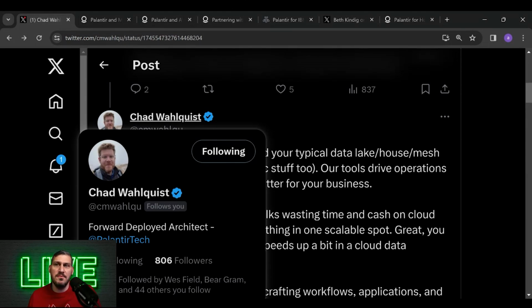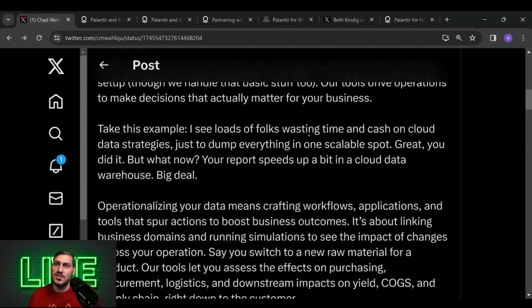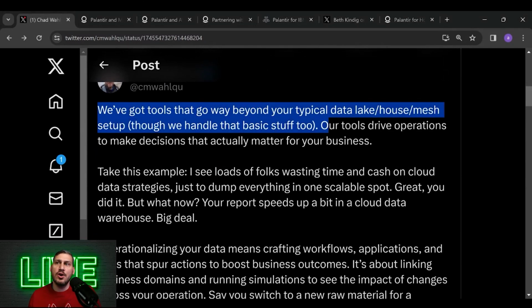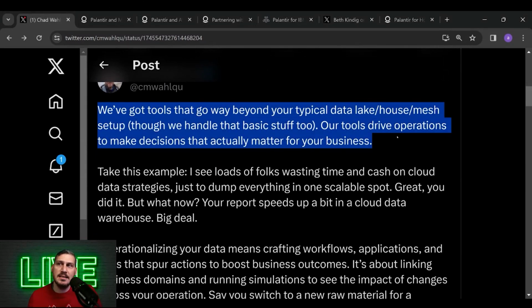Guys, listen to me very, very carefully. This guy is one of the head forward deployed architects. He's the one that sets Palantir up like a custom fit for your company. If you're invested in Palantir, but you're not listening to this guy, something is wrong with you. So definitely follow him. So Chad says, we've got tools that go way beyond your typical data lake house